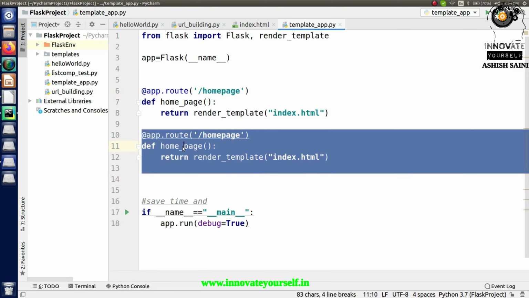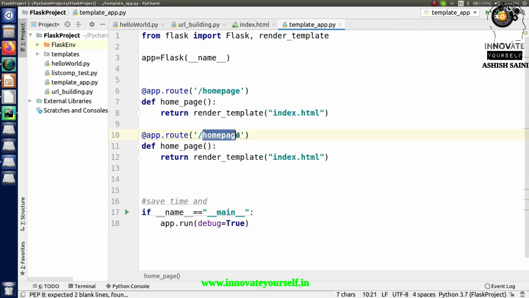Let's give it a name as fetch underscore data, because I want to collect the data from here. And similarly give it a name. So this is what I have given, and now it's not like I only have to pass this value.